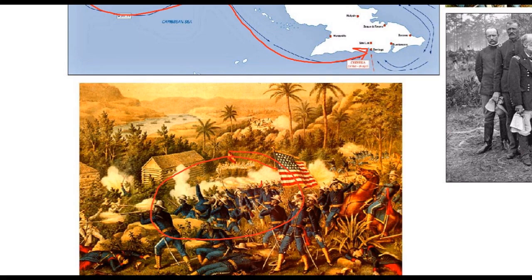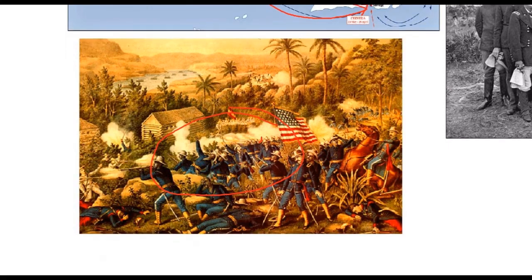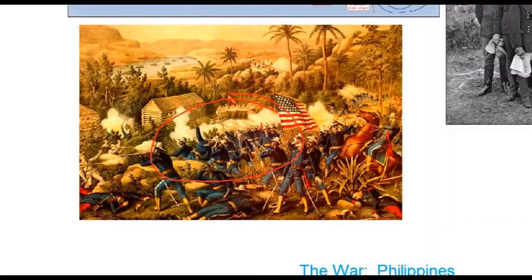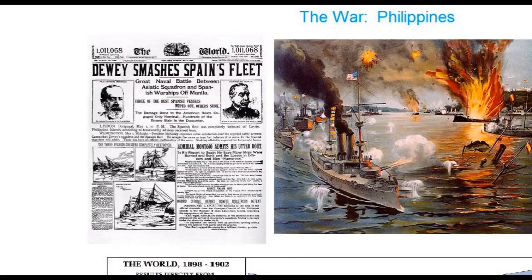Ultimately, despite the poor organization, despite poor leadership in many ways, despite poor food, poor equipment, in spite of all these obstacles, the U.S. manages to win the war in the Philippines. And we occupy the Philippines by July of 1898. The war in Cuba. Now, the Philippines, the other side of the conflict.